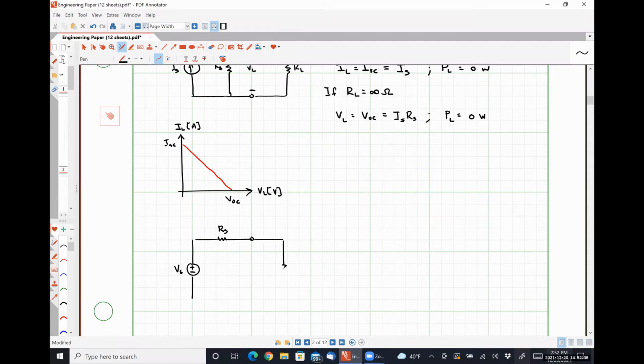We apply some load resistor RL. We have VL and we have IL. We take our practical current source model, where we have IS in parallel with RS. We connect an identical load